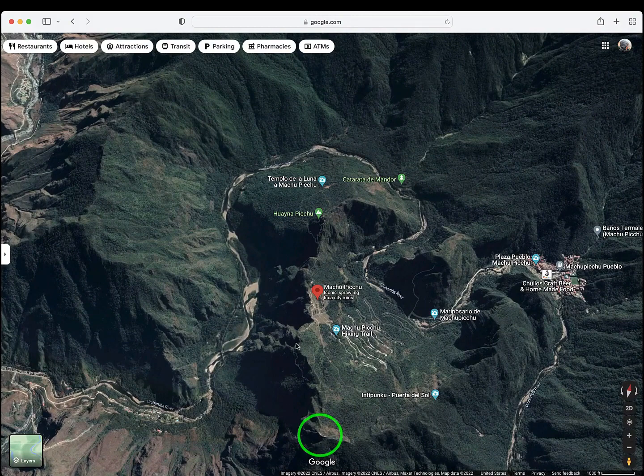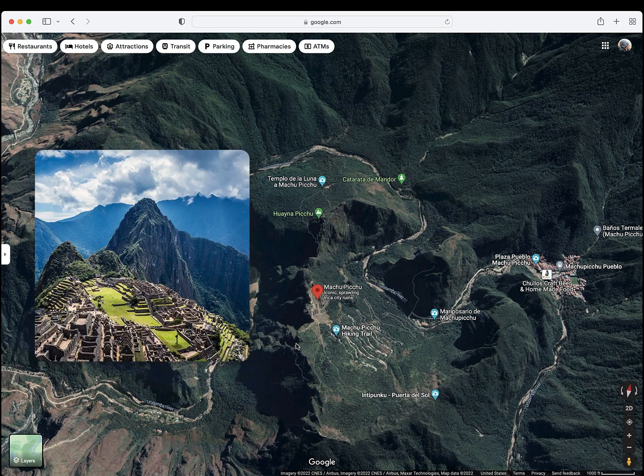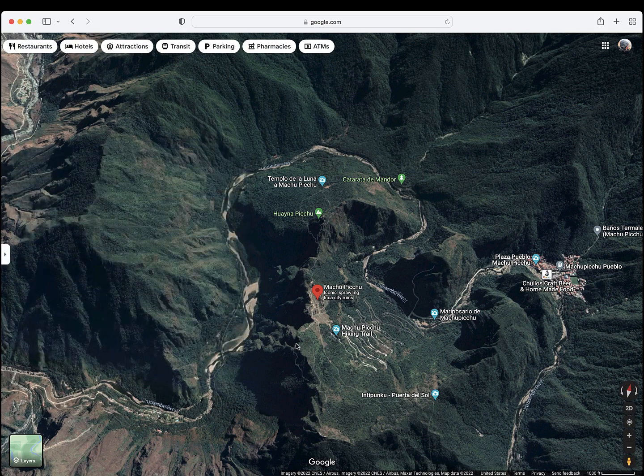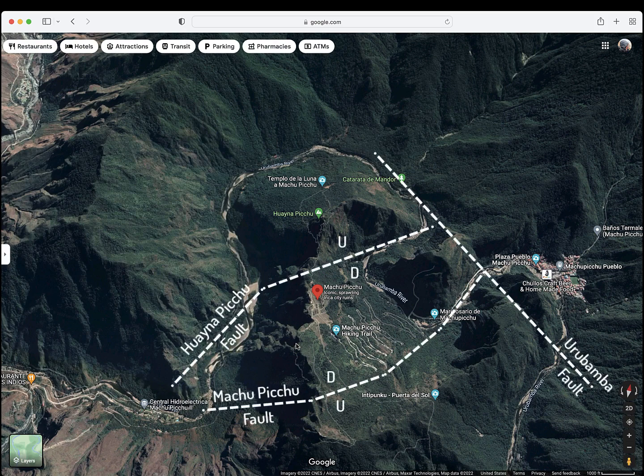Machu Picchu, or Old Peak in Quechua, is actually the mountain along the ridge to the south of the citadel, and Huayna Picchu, or Young Peak, is the mountain to the north, and Huayna Picchu is the one you typically see in pictures. The Machu Picchu Ridge is located within a small northeast trending graben,